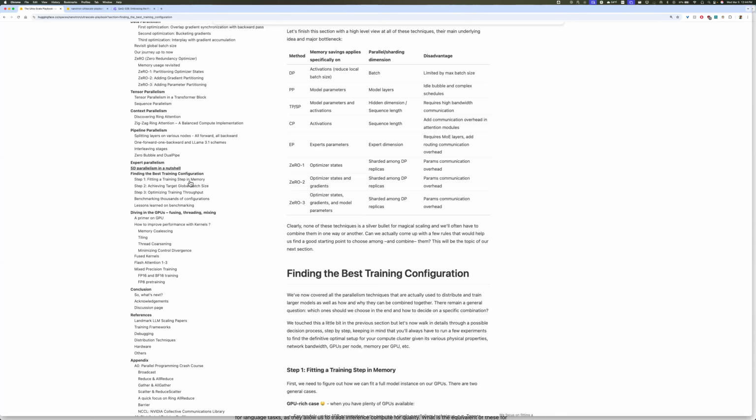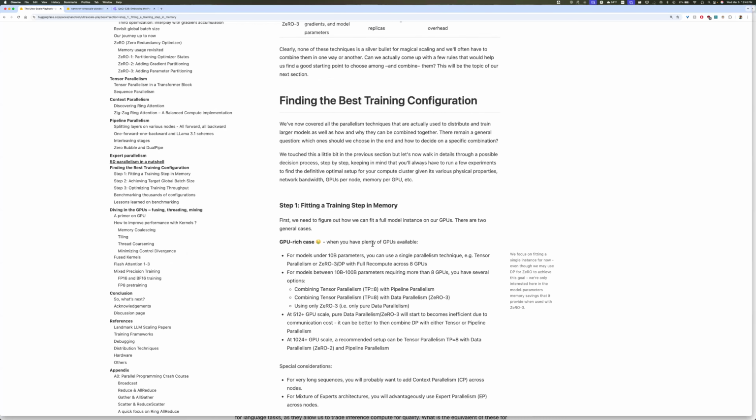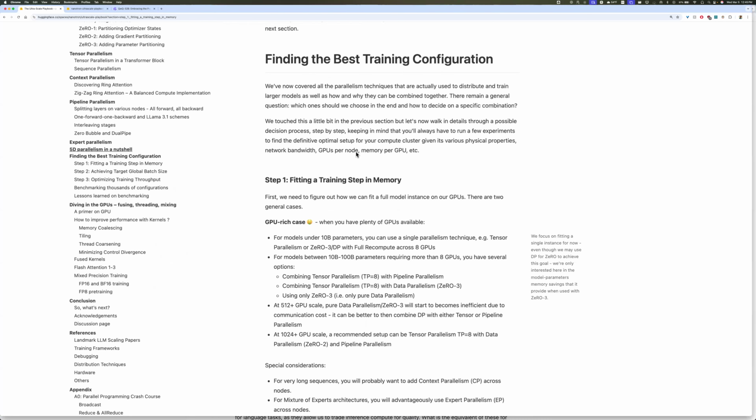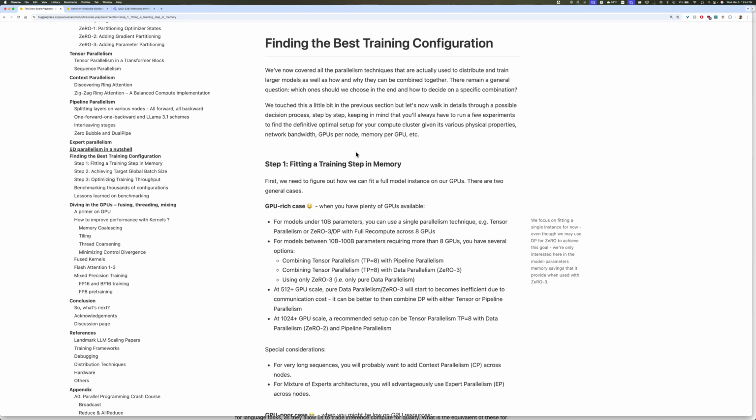After that, we've got a recipe for finding the best training config, right? If you skip everything, the original intro is kind of important, right? How do we train on one GPU? How do we train on two? How do we train on a single node? Then the middle was, okay, now you're GPU rich, you're probably smarter than me. How do you train